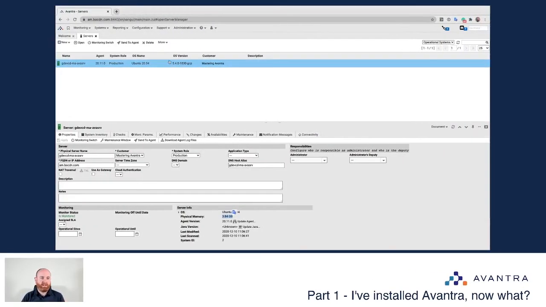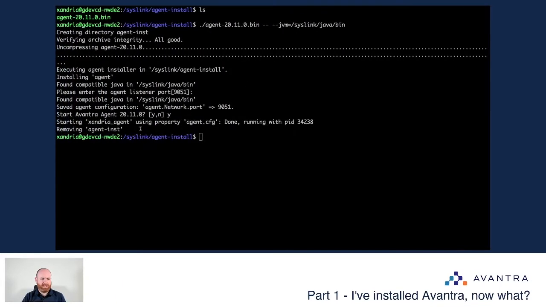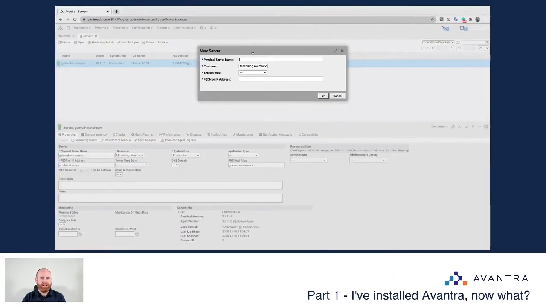So let's switch back to our Avantra server and let's add the server to this installation. So we're going to add a new physical server, and let's go back and just copy the host name here for the sake of being lazy. So we're going to put that in here. I'm going to put it under the customer mastering Avantra. I'm going to make it a test system. And I know, and I wrote it down here, the IP address is this,